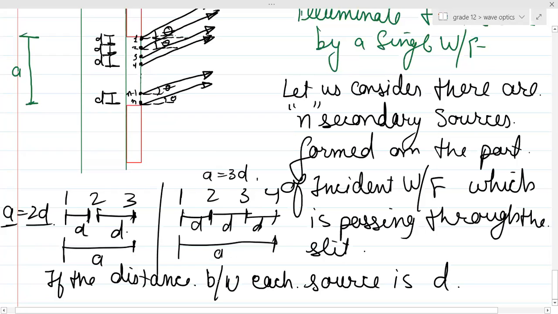If I say the distance between each source is d, and if I assume n sources over here, can you see a relation? A is basically equal to n minus 1 into d, right? Yes or no, guys? Are you understanding this? If I assume the number of sources to be this much,